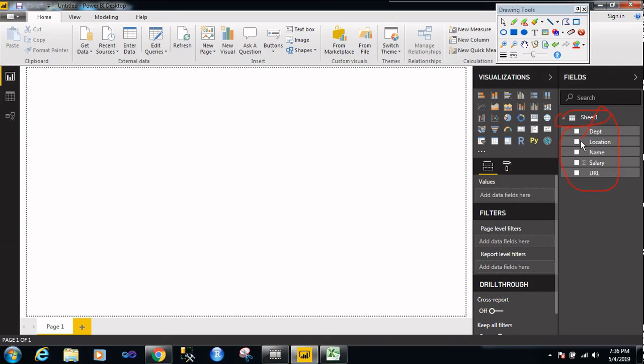Whatever fields contain calculated data, calculated fields, are known as facts or measures, which can be measured, which can be calculated. The rest of the fields, which contain only non-numeric data, all the descriptive information, are known as dimension fields. So a visualization is a combination of a measure and a dimension. Let me try to click on a visualization.